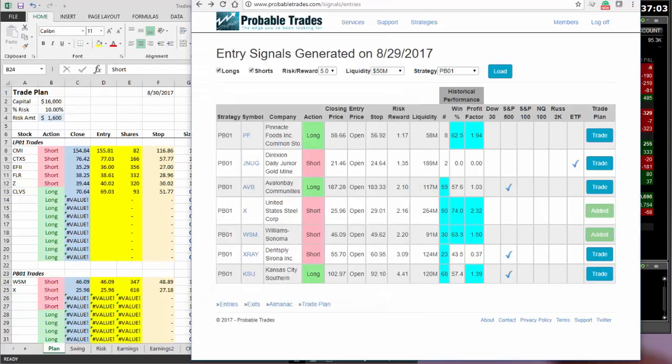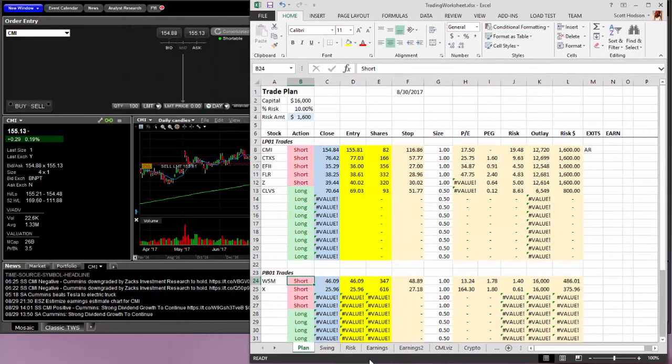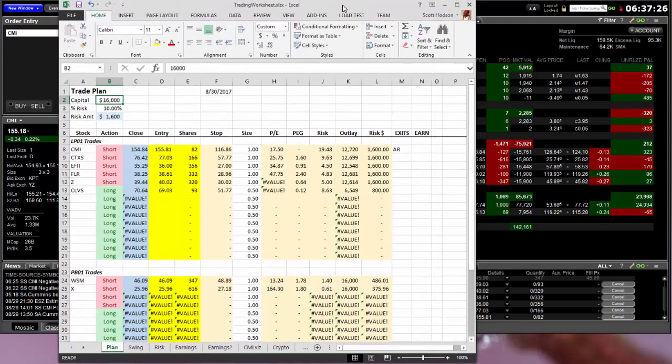Okay, that is my day. I'm done. If you want, I can talk about this spreadsheet a little more. I think next time we do a video, we'll talk more about how I size. Basically, this account's about 160,000, and so I allocate 10%, which is 16,000, 10% tranched each trade, and then I'm willing to risk 10% of that. So basically, 10% of this is 1% of my account, right? And so I'm willing to risk $1,600 on each trade, and that drives